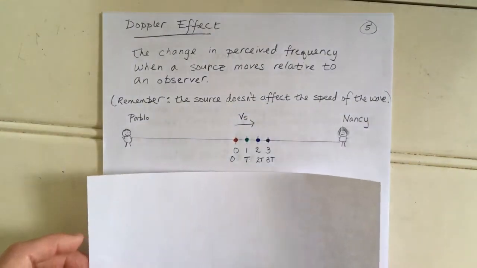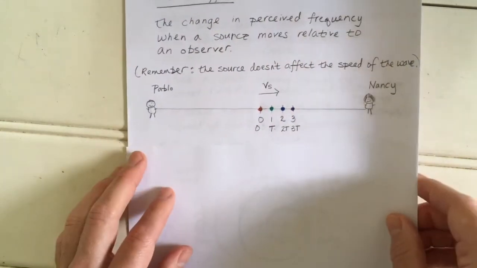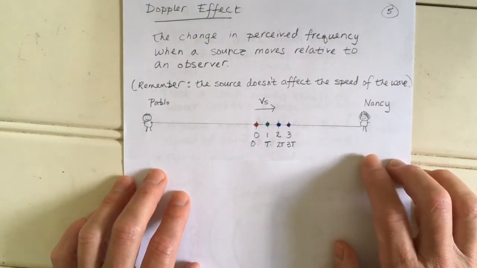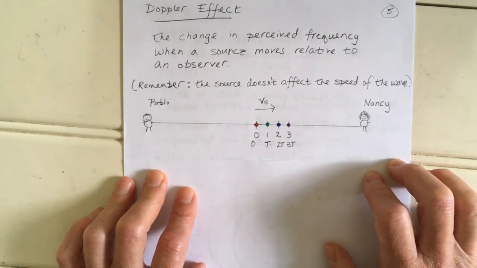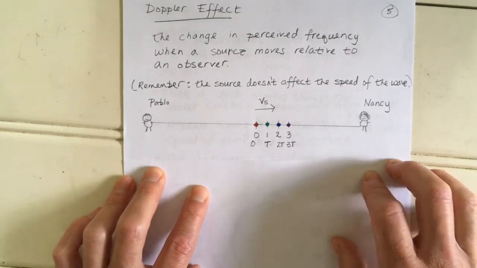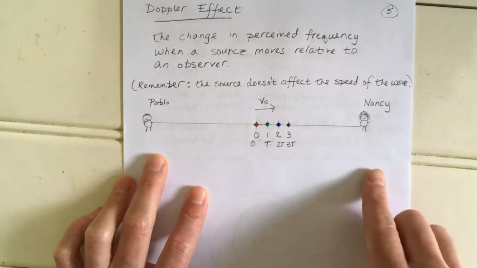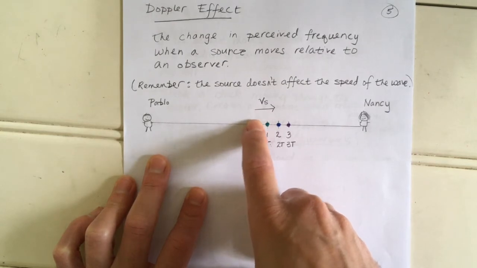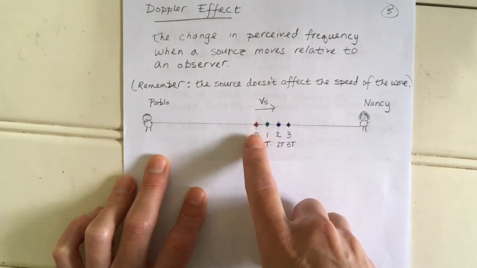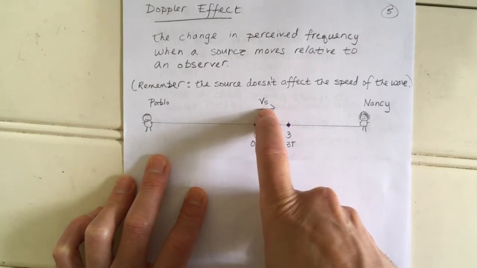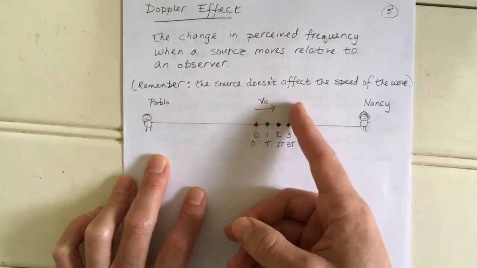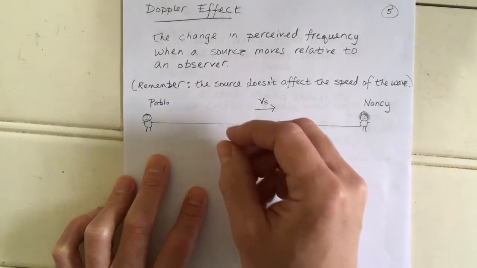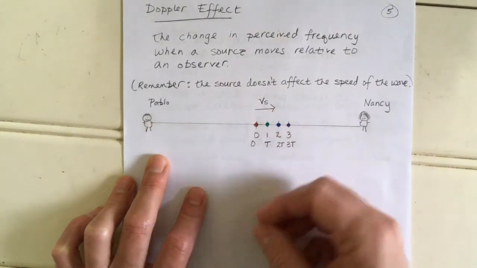So we're going to do a drawing here, and this one's going to be kind of tough to do. So you might want to hold off on making this drawing and just listen to what the drawing is showing, because it's going to be kind of tough to draw. So what we have is two people here. We have something making a noise, maybe a police car or an ambulance driving by, and it's emitting a sound. The source is traveling in this direction. The velocity of sound is going to be the speed of sound in air,